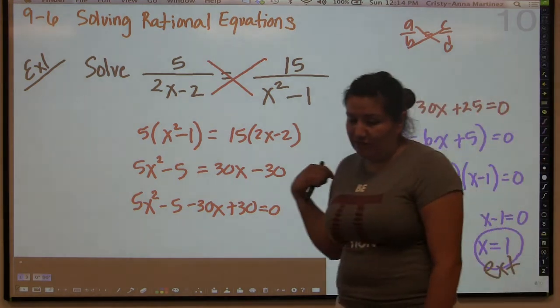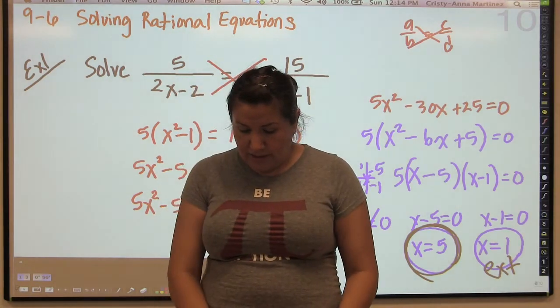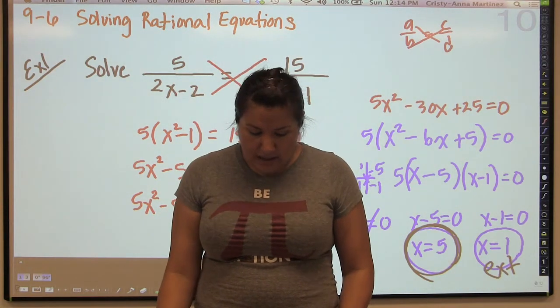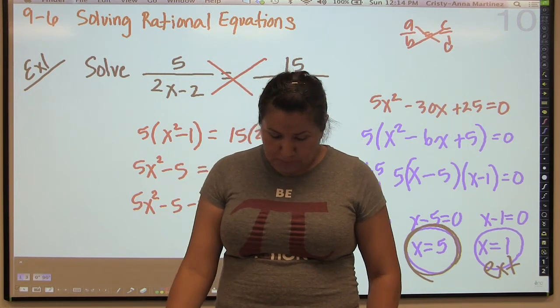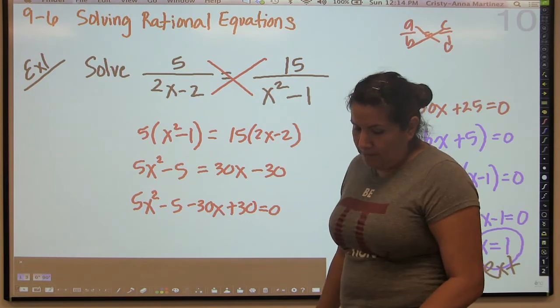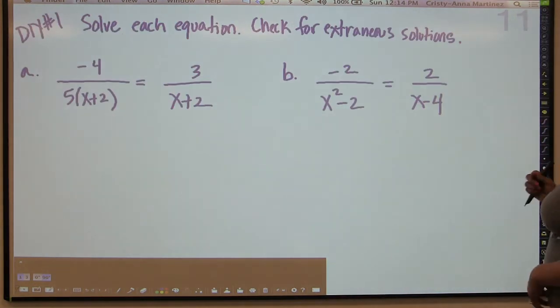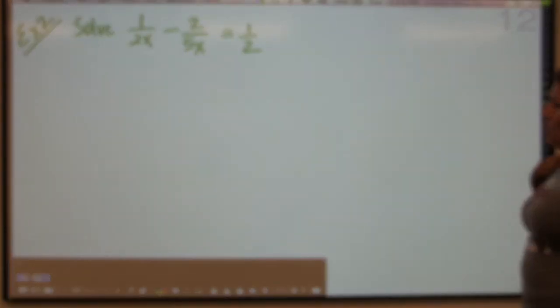Okay, so we have to be very careful in this lesson that we're constantly checking our solutions, because you frequently get extraneous solutions, and we want to make sure that you don't do that. So x equals 1 is an extraneous solution, but x equals 5 is an actual solution. So now you can try these two, and then I will give you an example of one where you can't